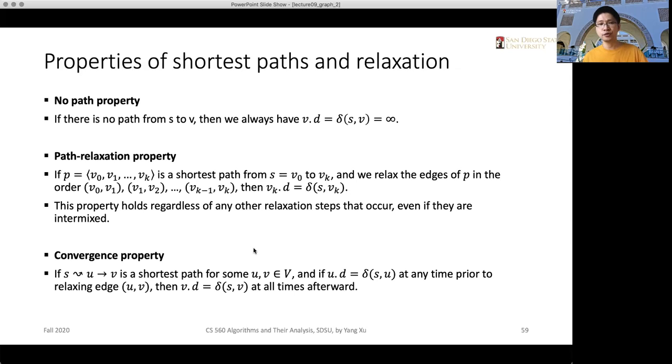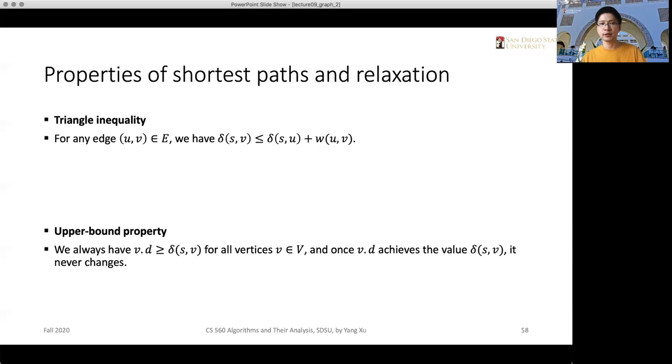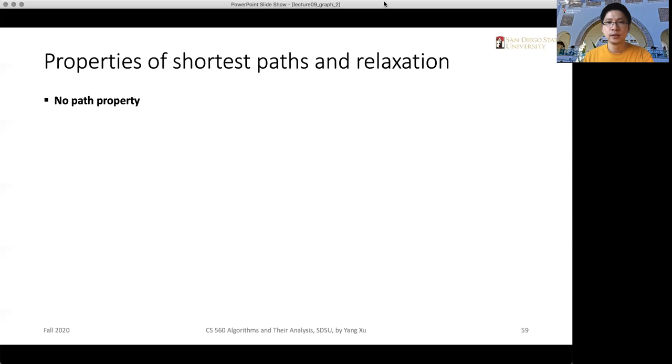Yeah, so I would encourage you to go through the relaxation parts in the textbook. It will contain more detailed explanations of what these properties mean. All right, so